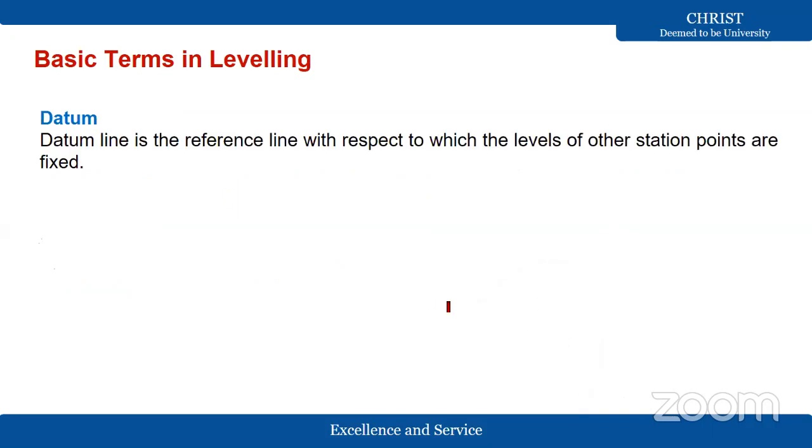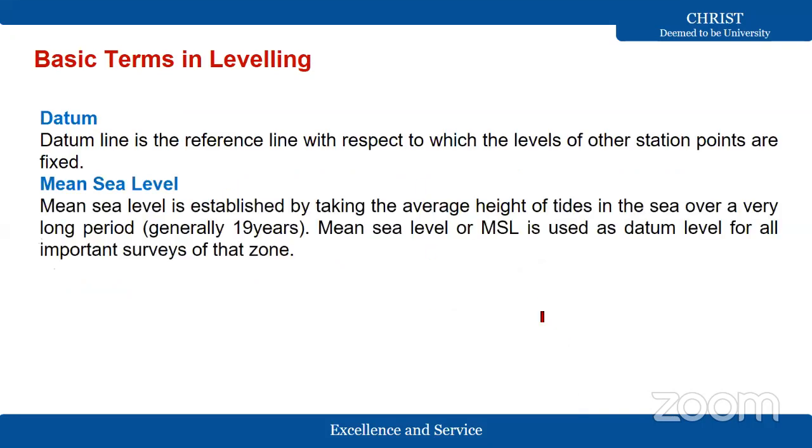Datum, already, is mean sea level. And mean sea level means average tidal height. The height of the tides in a local area we are going to measure. We have the Bay of Bengal and the Indian Ocean. The hydrographic survey people, the Government of India oceanographic studies, take an average over 19 years, a long period, and they average these tidal heights to get the mean sea level. The mean sea level, MSL, above mean sea level, AMSL, or below mean sea level, is used as a datum for important surveys of that zone.